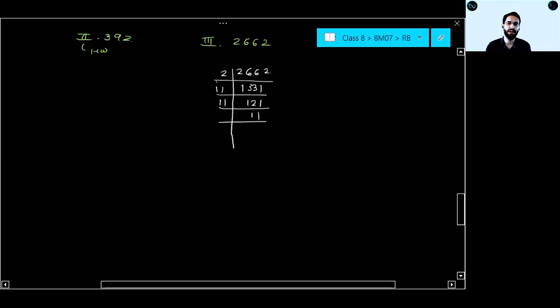And what should be the final step? Sir, 11 1s are 11. So here we have 2 as it is, and this is 11 cube. So how can you write 2662? 2662 is equal to 2 into 11 cube, or not? Yes, sir. So tell me, by which number should it be multiplied? What is the unpaired number here? Sir, 2. So it should be multiplied by which number? Sir, 2 square.